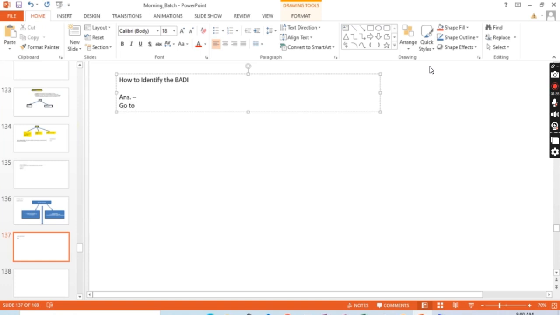Go to CL exit handler, and second step, go inside the method called get instance, right? Get instance, and once you go into this method, put the breakpoint on